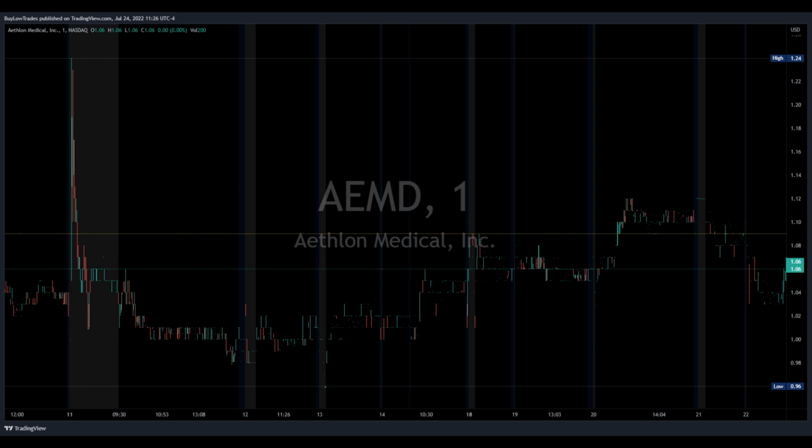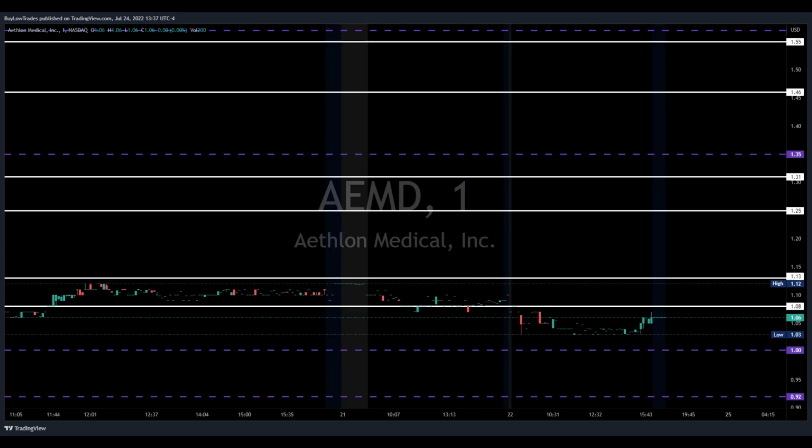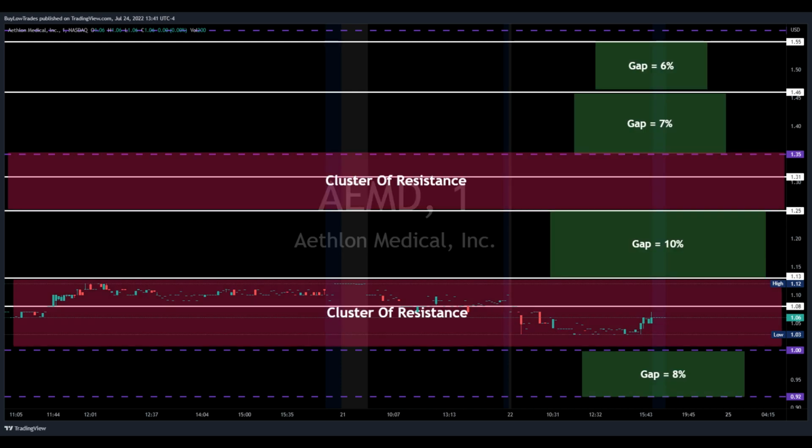Next up, we have ticker AEMD. Let's go ahead and mark those support and resistance levels now. Alright, now that we have our levels, let's go ahead and evaluate which level is going to be more attractive to us as a trader. Now we can quickly see levels of resistance where we may not want to take the trade, or if we do take the trade, we'll greatly reduce our size to manage our risk, or maybe we wait for one of